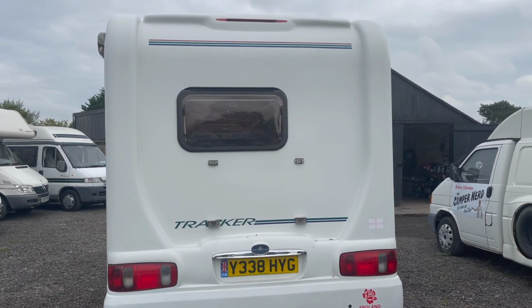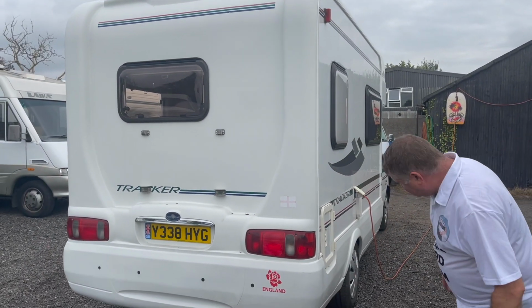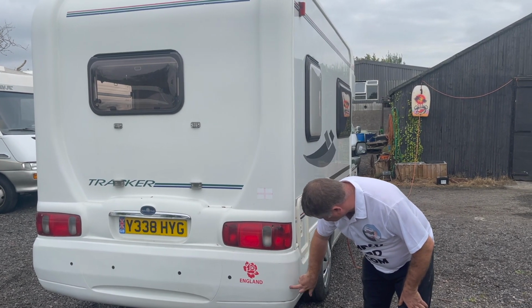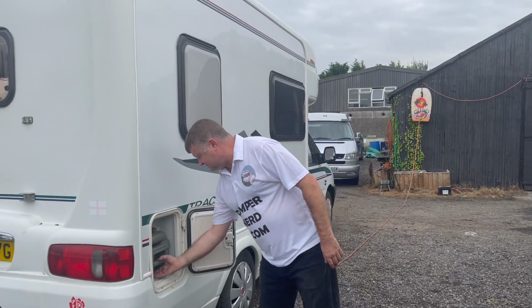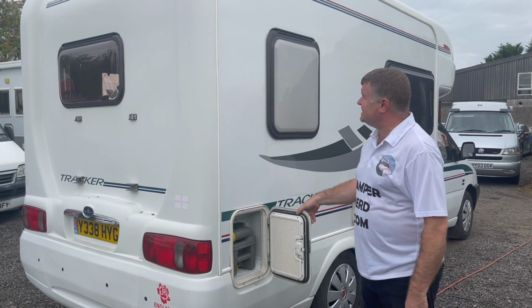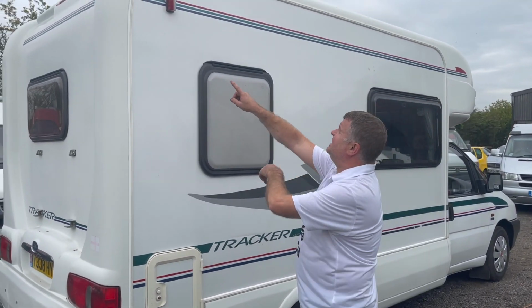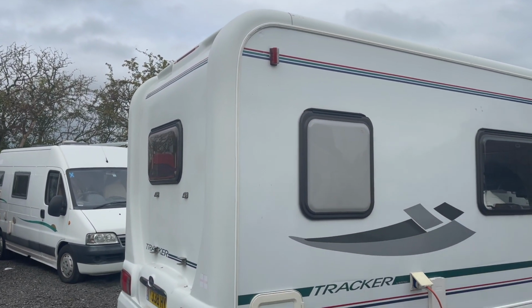2001, it's 20 years old. There's not much to say, really being really fussy. A couple of little hairline cracks there. Thetford cassette toilet. Everything's straightforward, it's all been cleaned and sanitised. On the driver's side, a tiny little mark there on the top corner, but again, being fussy for a